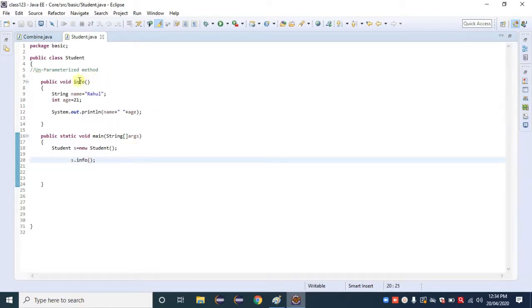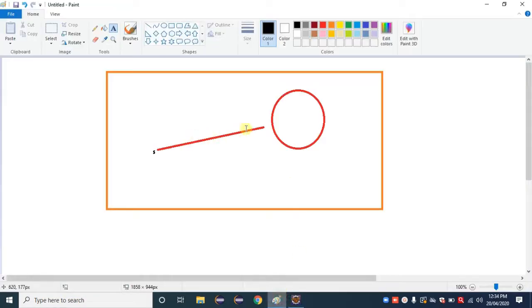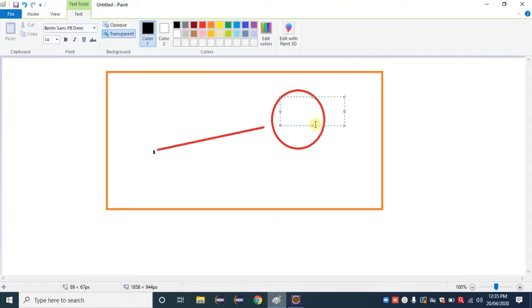Then Java comes inside that method, and Java calls those two variables, that is string name and age. Okay. Then what happens inside a memory? Already memory or space is allotted for the object. Then inside that, the variables are stored. What is the first variable? Name is equal to Rahul, that we gave in our program, and the second one, age as 21.